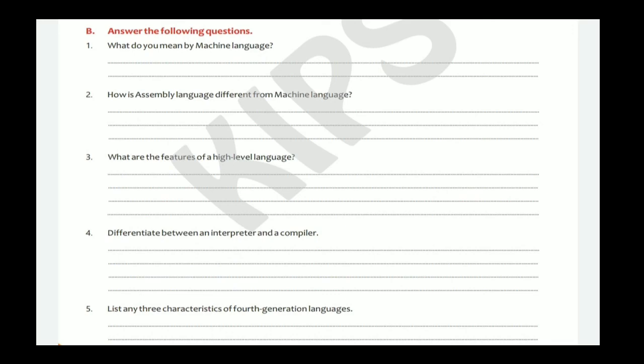And what is the use of fourth generation language? This type of language is also used for business purposes, and these languages are very less costly. Some examples of these languages are SQL, Wave, Metafont, etc. The execution is also very fast, and this is very programming friendly. These all are the features of fourth generation language.